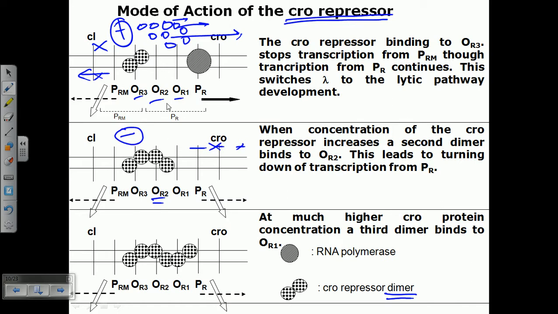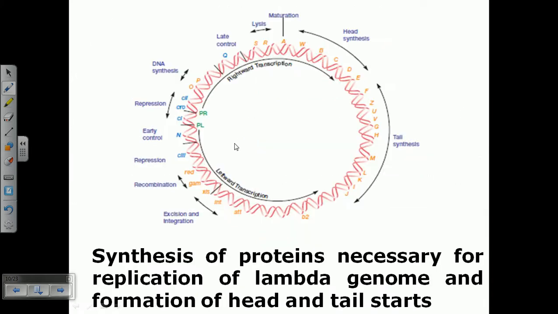So what we can see here, Cro is acting as a master controller of its own transcription via positive as well as negative feedback, right? Now at much higher concentration of Cro protein, a third dimer can also bind with this OR1 region here. Okay, and due to this, it will block the synthesis of left-hand side genes. As a result, the virus actually inserts into the lytic cycle of their